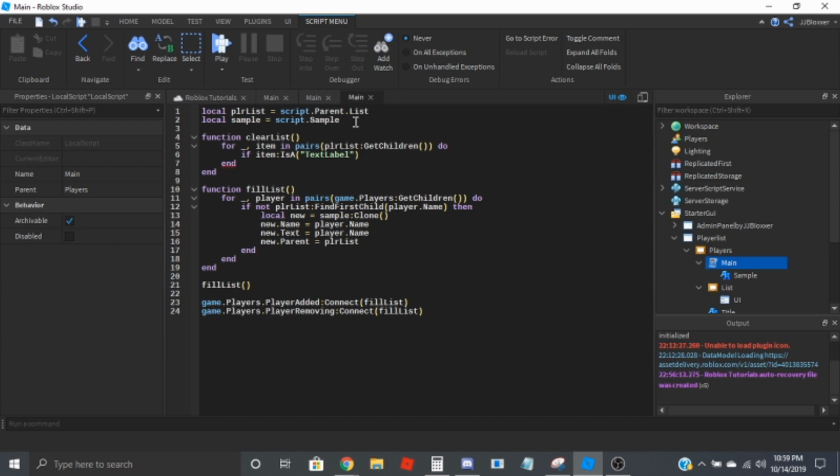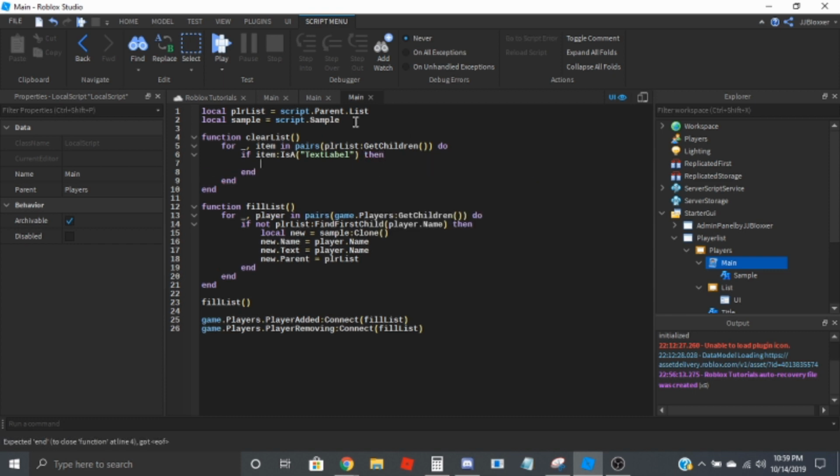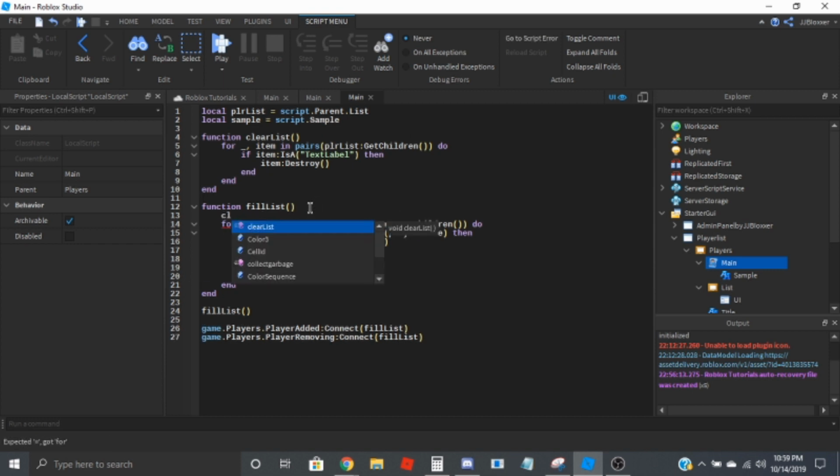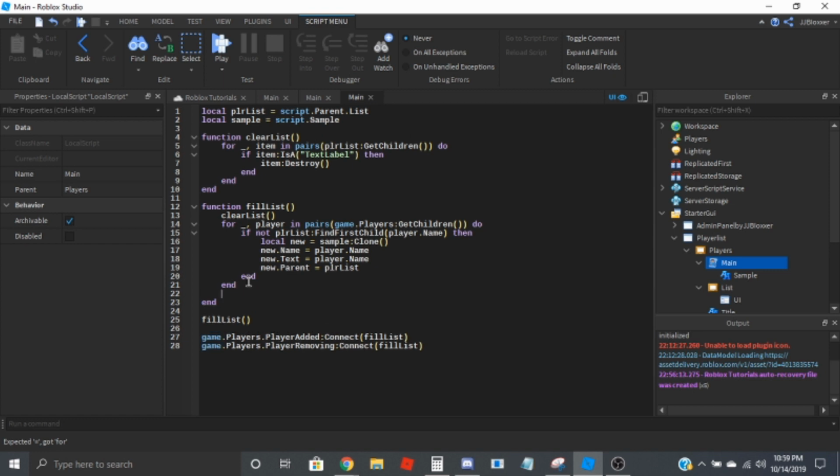So if item is a text label, then item destroy, and this will just destroy all the items, and this will run before everything is added to the clear list. And then right before everything's done,